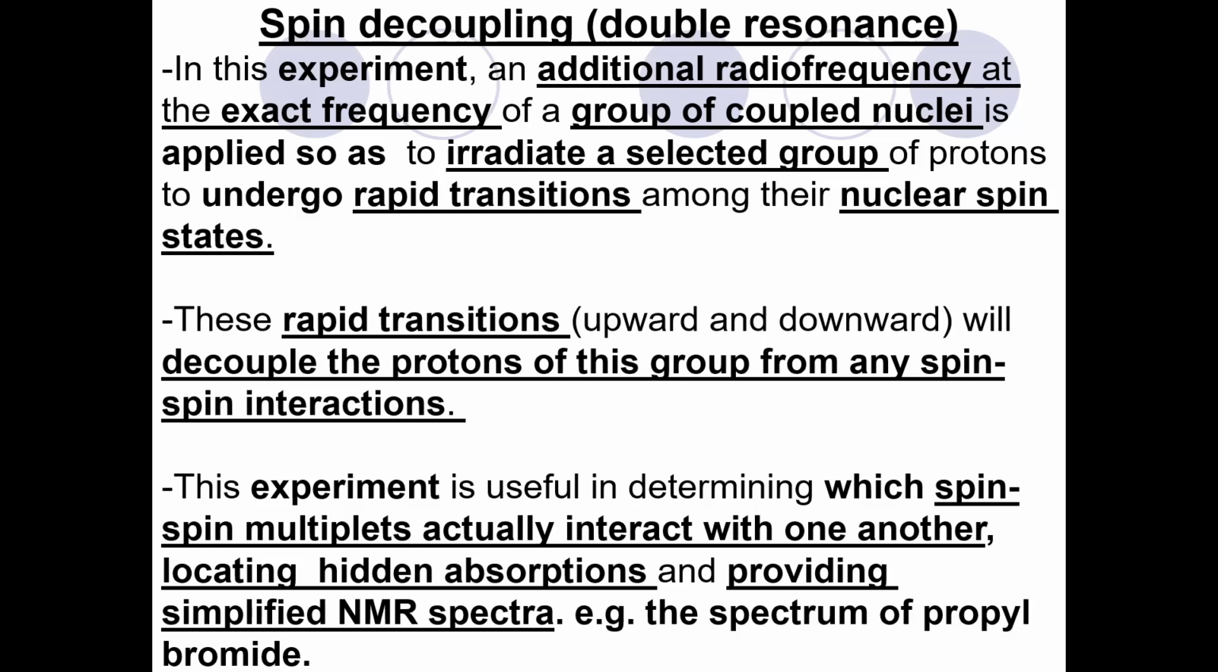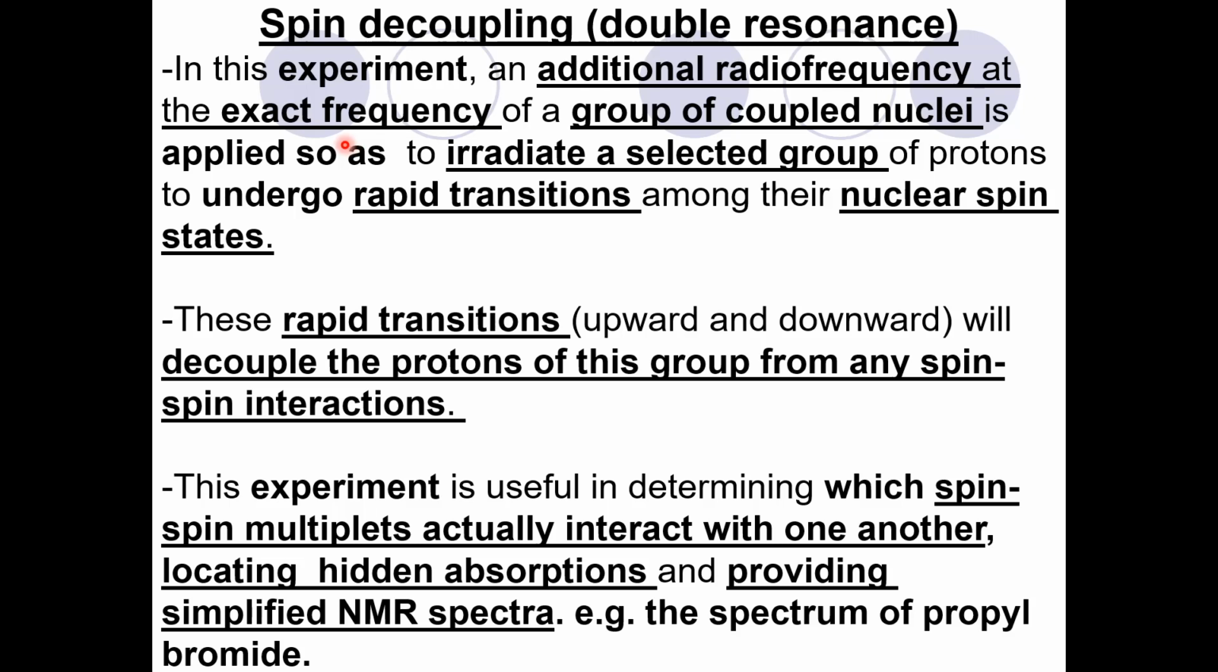Spin decoupling, or double resonance. In our experiment, we use an additional radio frequency. This additional radio frequency irradiates a selected group of coupled nuclei, causing them to undergo rapid transitions among their nuclear spin states. This rapid transition upward and downward decouples the protons of this group from any spin interactions. This experiment is aimed at